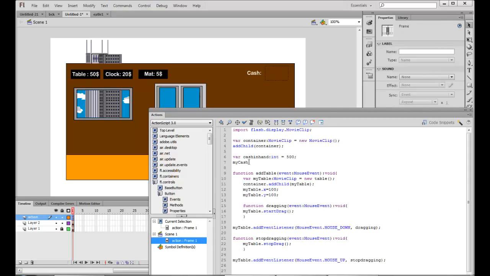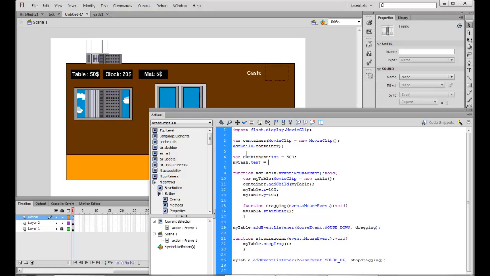So I want my cash.text value to be equal to string(cash in hand). Now why do I do this? Because initially inherently cash in hand is an integer, but my text has to be a string. So as to convert the integer into the string, I can just use this typecasting function, wherein I am able to typecast the integer value into a string and then display it.